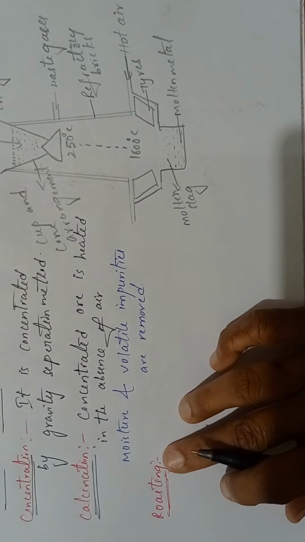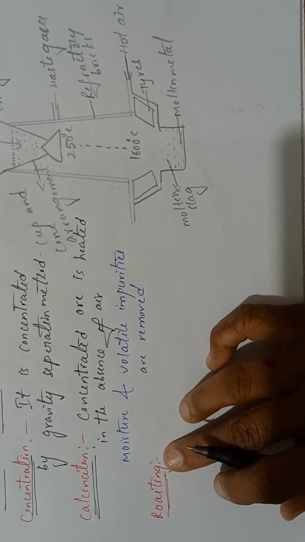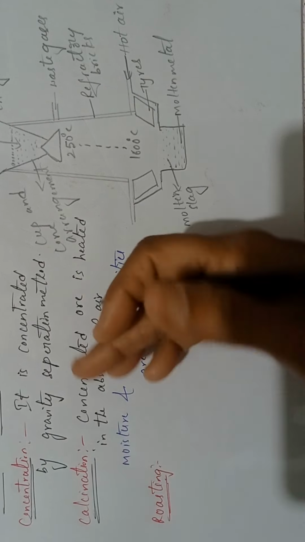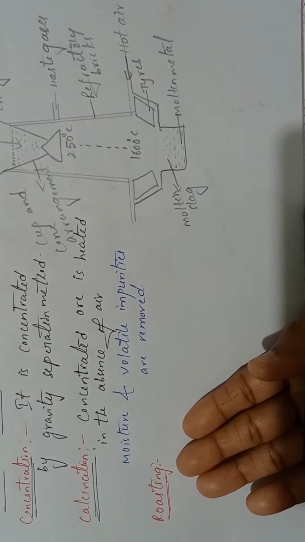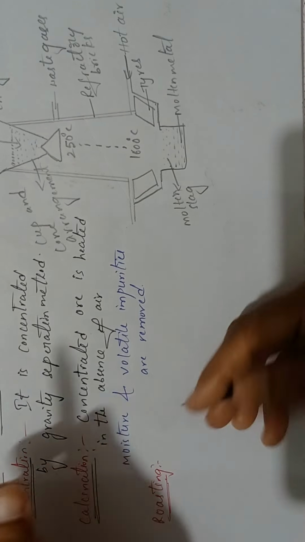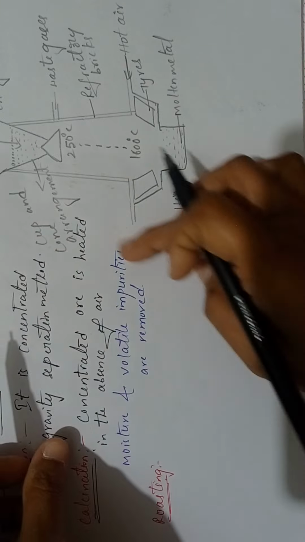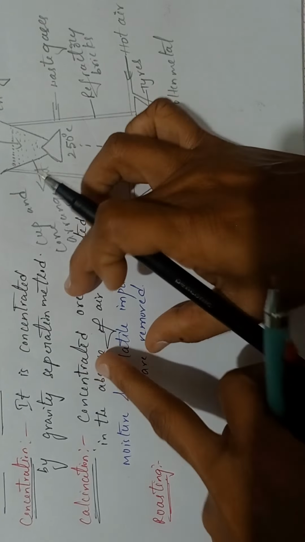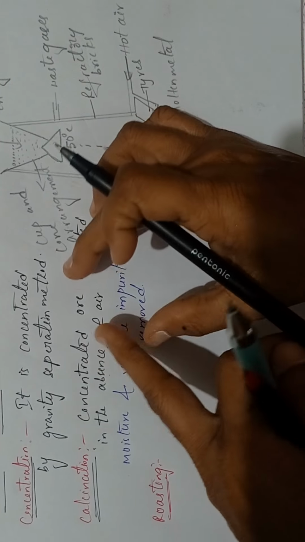Roasting is also a process of heating the ore in the presence of air. Calcination is heating in the absence of air. This is heating in the presence of air. So here the resultant ore after the impurities are removed in the calcination method,